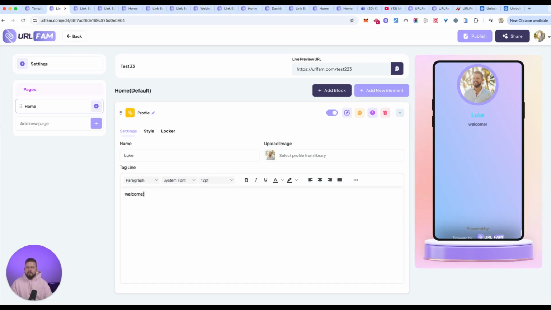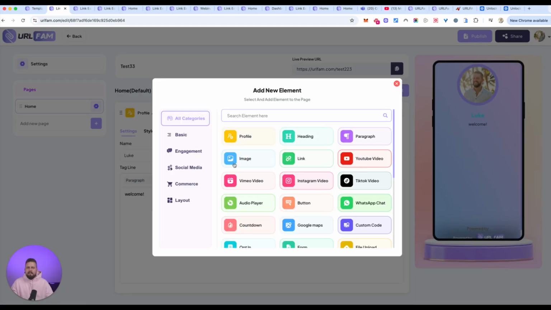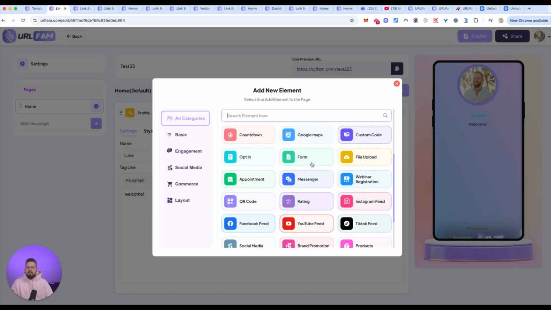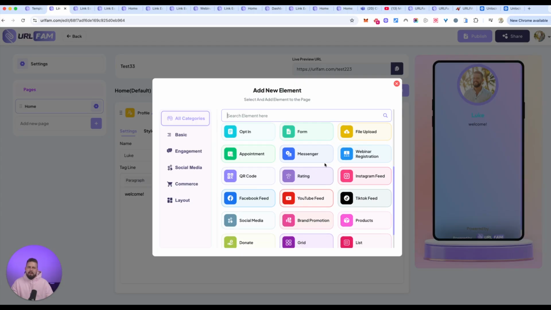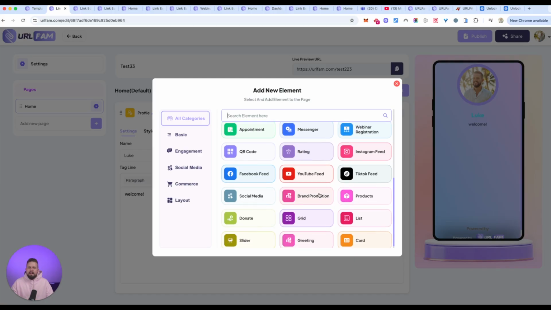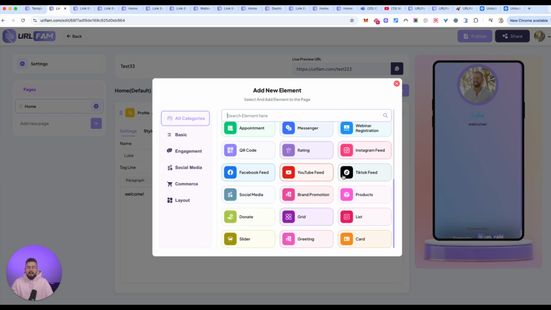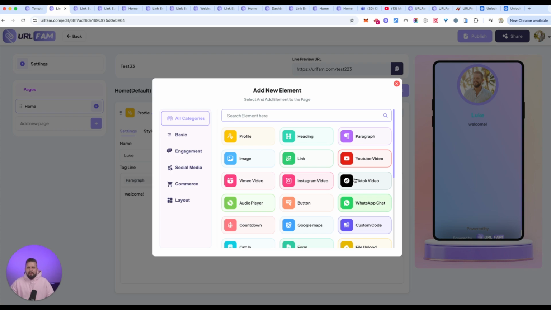Welcome. Now, where it says add new element, I can start to add any of these elements directly onto my URLFam profile page itself here. And again, the big difference between this tool and any other tool I've ever seen out there is that we've built so many all-in-one type solution